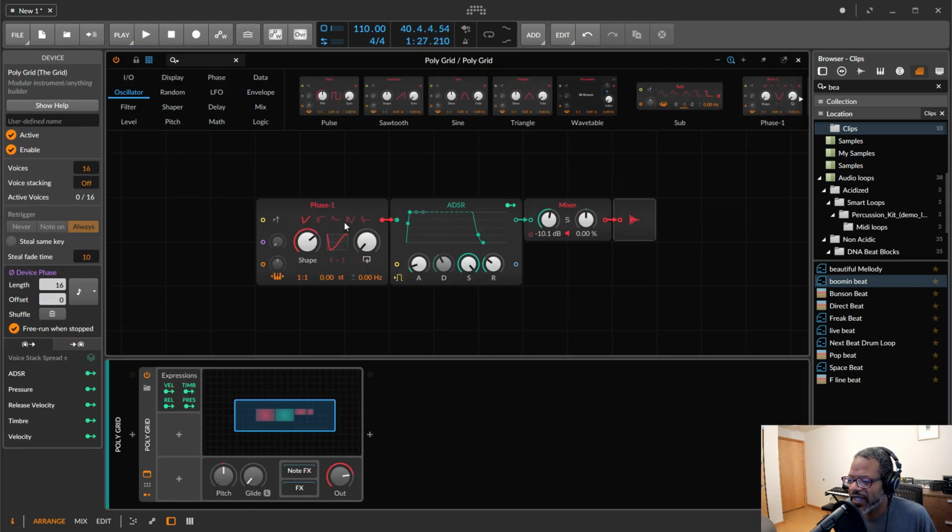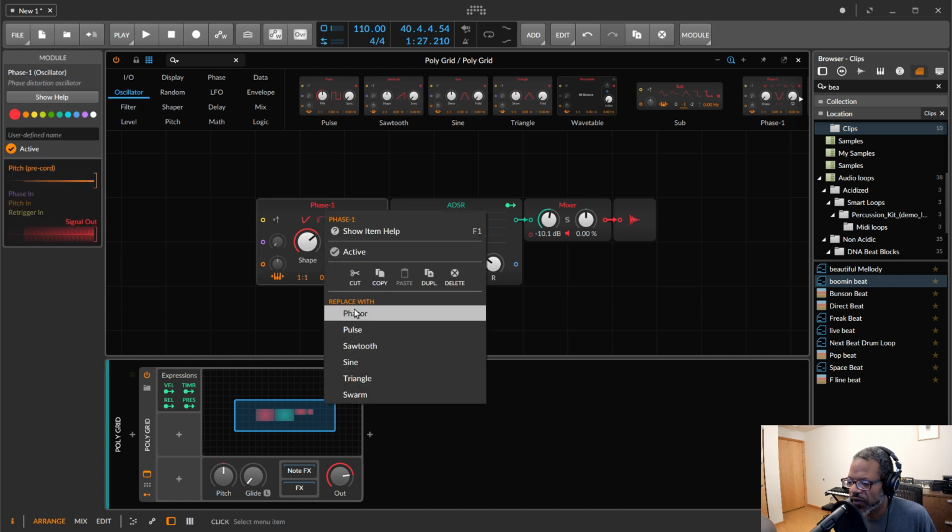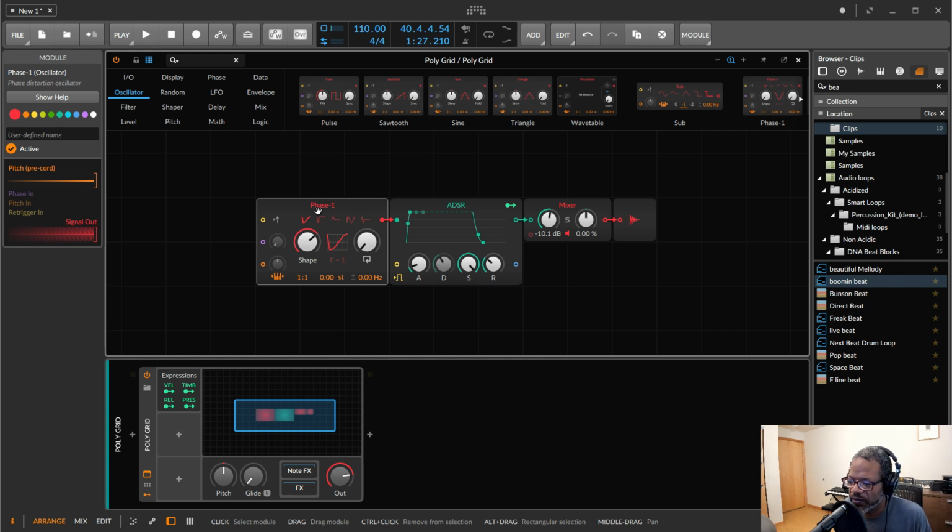Okay, so back to the grid, y'all. We got the new Wavetable, but when I right click on here, it doesn't show up. Okay, that's because it's not one of those kind of perfectly hot swappable modules. It doesn't have the shape and the other thing there. So I'm assuming they didn't put it in because they want to keep these kind of same ones together. But let's go ahead and put it in